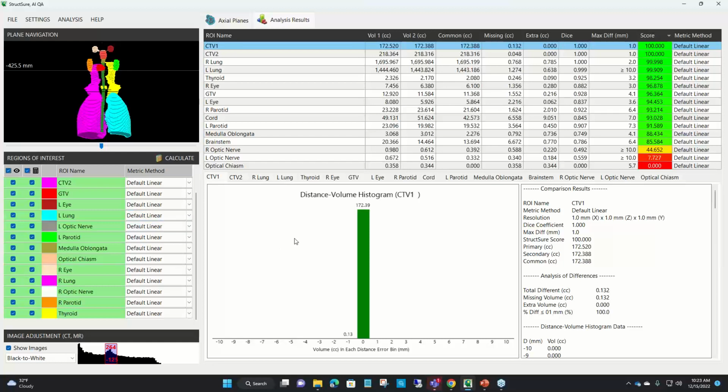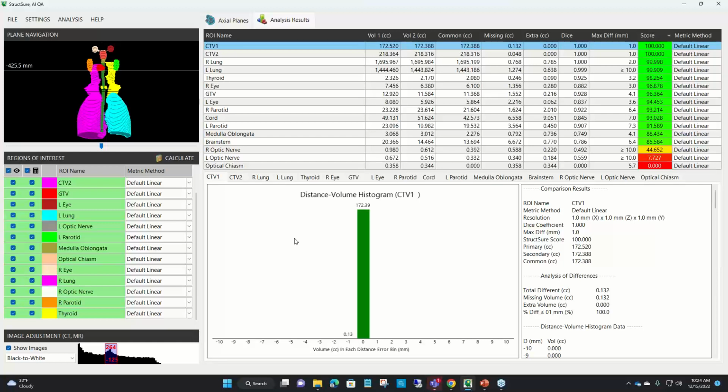what we saw right there was a way to put together, kind of one at a time, hey, I've got a CT set, I've got my gold structure set, and I've got one I want to compare it against, and my AutoSeg engine, let's say. I can do that one at a time here and put together reports. But sometimes you'll have many segmentations, or sets that you want to evaluate.